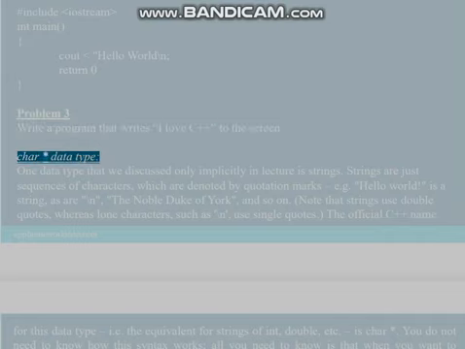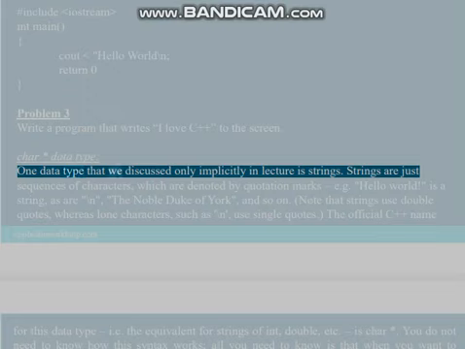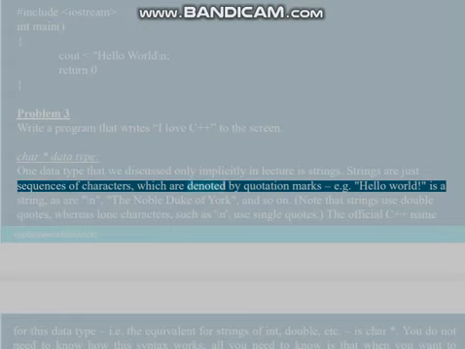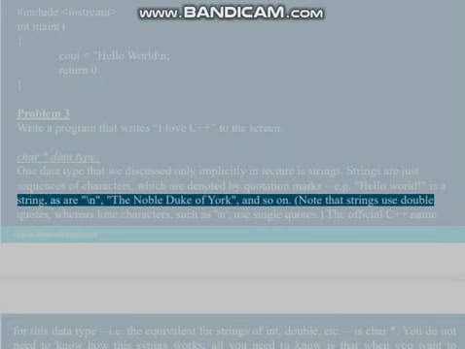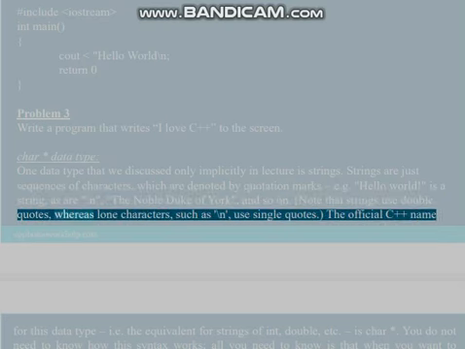Char asterisk data type. One data type that we discussed only implicitly in lecture is strings. Strings are just sequences of characters, which are denoted by quotation marks, e.g. "hello world" is a string, as are "\n" and "the noble Duke of York", and so on. Note that strings use double quotes, whereas lone characters, such as '\n', use single quotes. The official C++ name